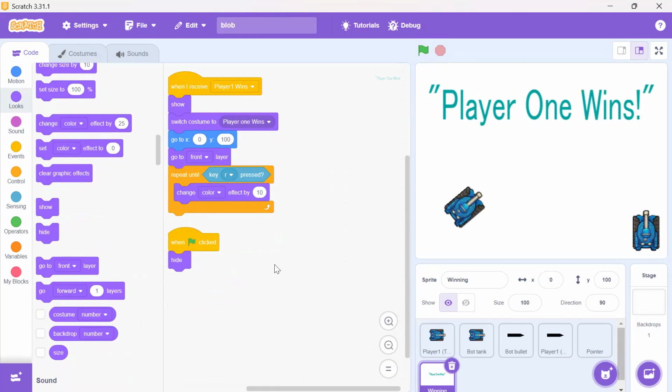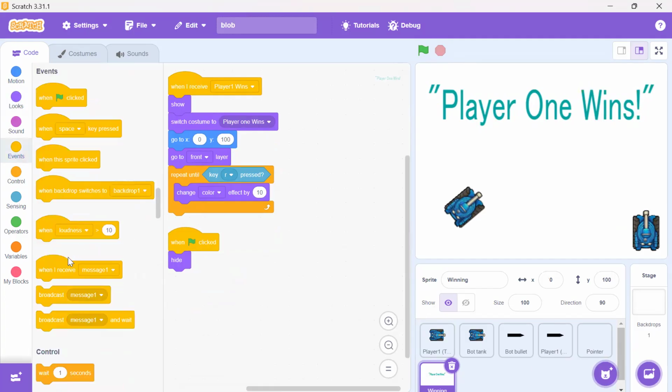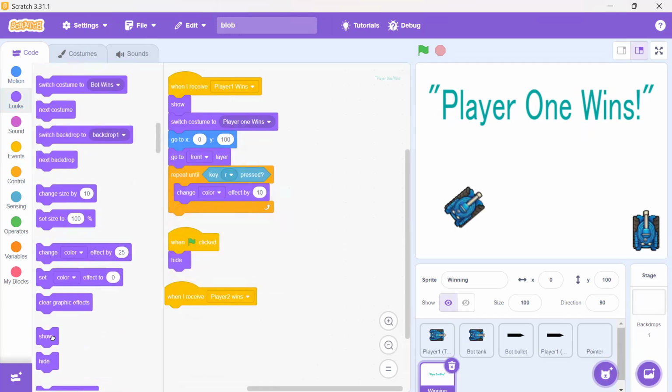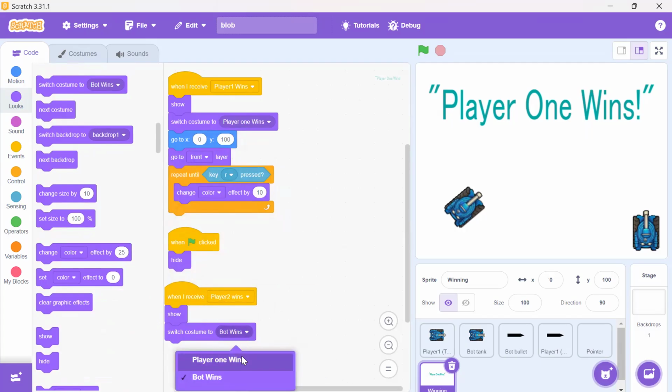There we go. Now we're going to, I think, make a little more coding. I think two more parts, and then we finish. Events, we're going to go to here and when I receive, and we're gonna actually make this one as player two wins, and then we could go to looks and show it. Whoops. And now switch costume to costume two, which you'll find here,